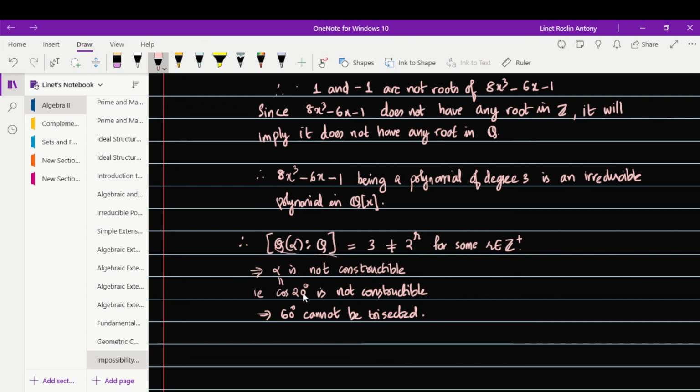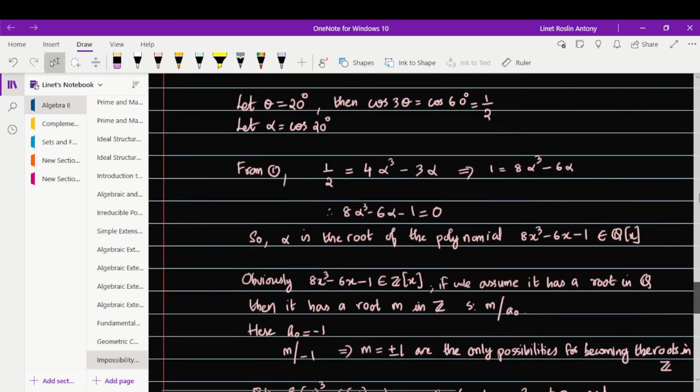Since cos 20 degrees is not constructible, that will automatically imply 60 degrees cannot be trisected. That means 20 degrees cannot be constructed using straight edge and compass. So 60 degrees cannot be trisected, and that's about the